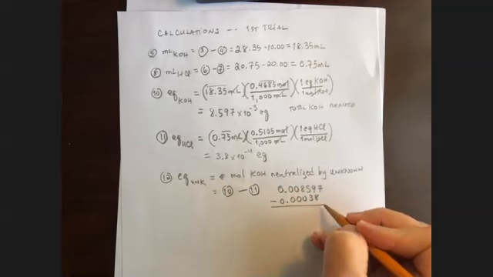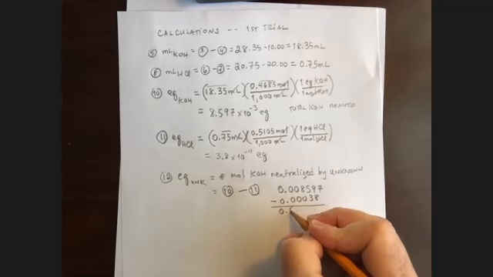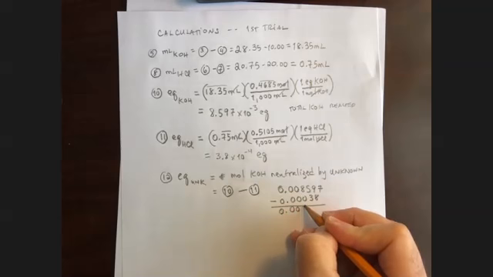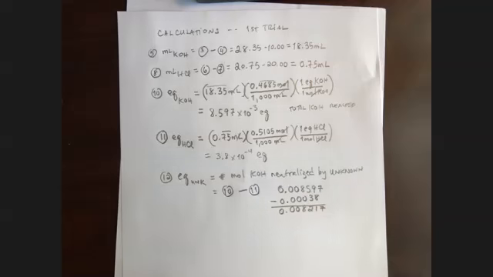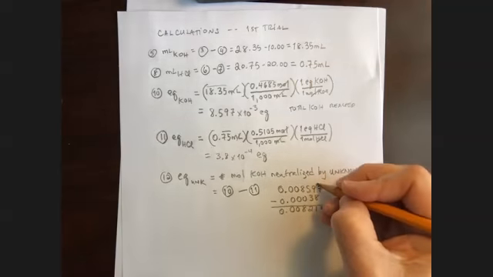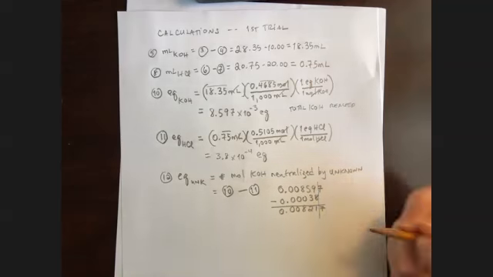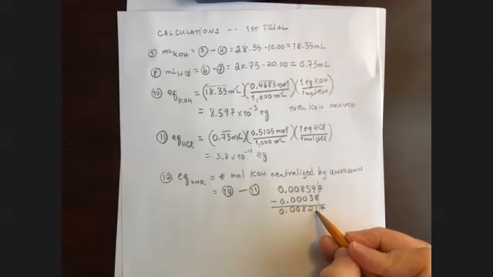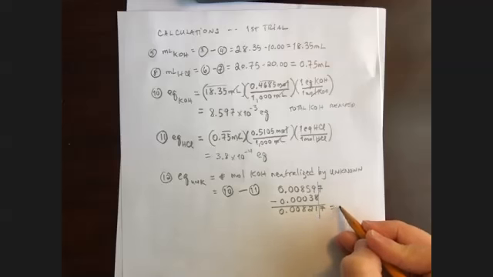I'm going to subtract that, and I'm going to get 0.00817. Rules of significant figures say that when you are adding or subtracting, you have to round to the lesser number of decimal places. So I'm going to run a line through here that tells me where I need to stop, which means I can only report up to this digit here, but since the next digit is bigger than 5, this means I'm going to write this as